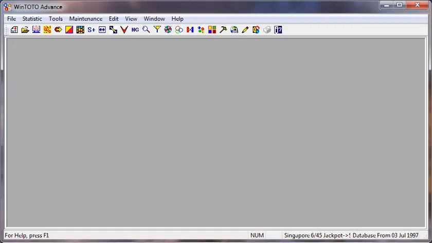Allow me to explain a little bit about this particular feature that we know as the reverse scan. Each time you have new results coming in that you have updated into the software, the moment the result has been updated, what this feature does is take the latest results that you have updated and compare against the most recent results that have already been gathered together, and it will study the trend and see where the trend comes from. This is truly doing what we call reverse engineering. That's the reason why we call it reverse scan.